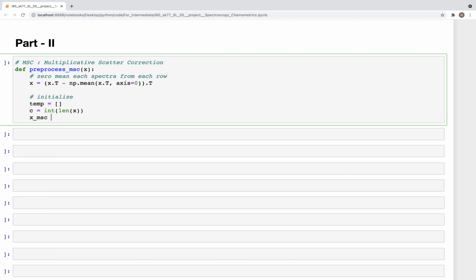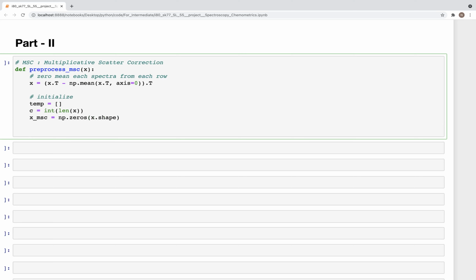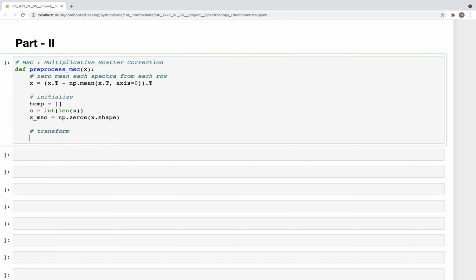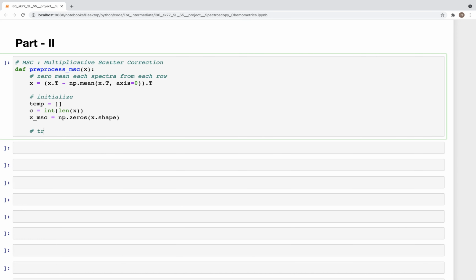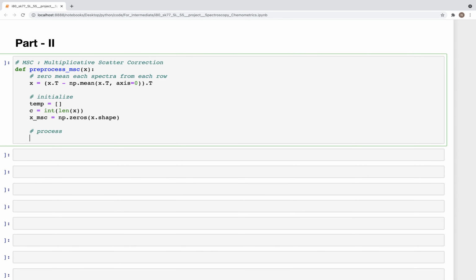So this is the transformed version. So np.zeros x.shape, and now we can write the for loop here for the transform or process, either way. So for i in range x.shape